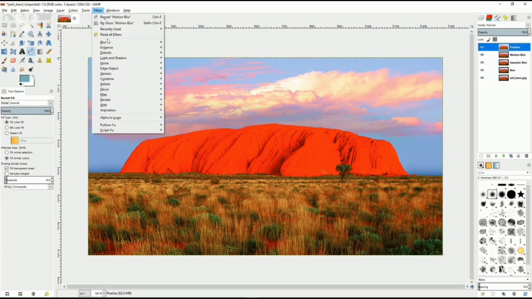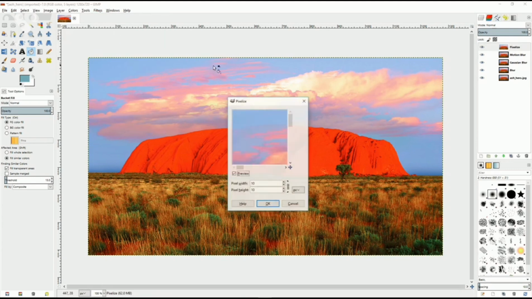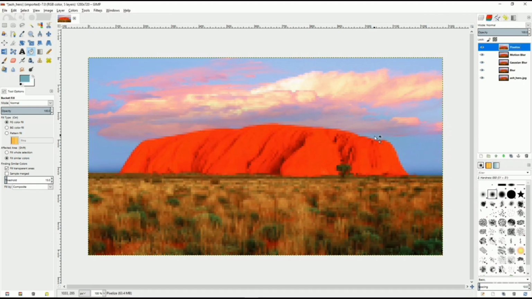Go to there, go to filter, blur, pixelize, and it'll create a kind of chunky pixel look to the image, so it'll actually kind of blur it out in something that's kind of like if you censor an image or protect someone's face or anything like that, you might see somebody has done something like this. So we'll set the pixel width to 7 and the pixel height to 7, and that is the pixelized blur